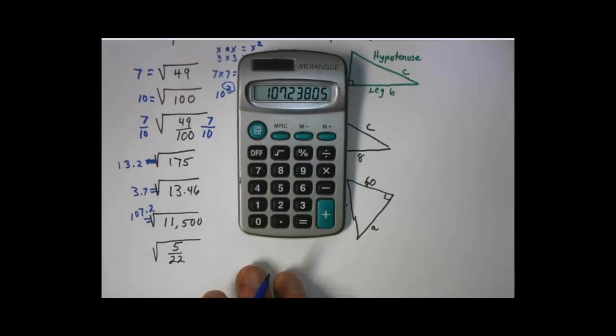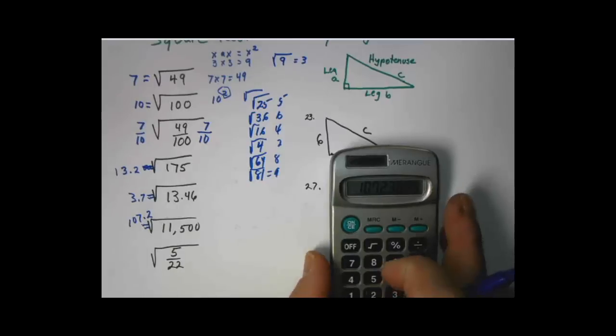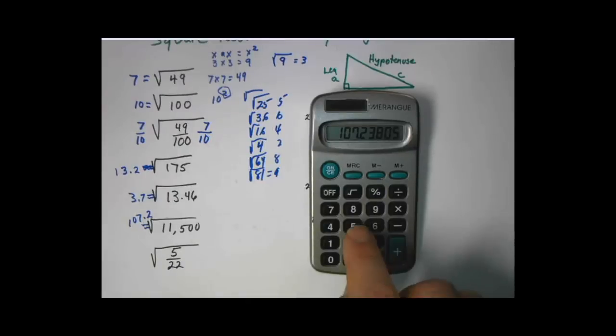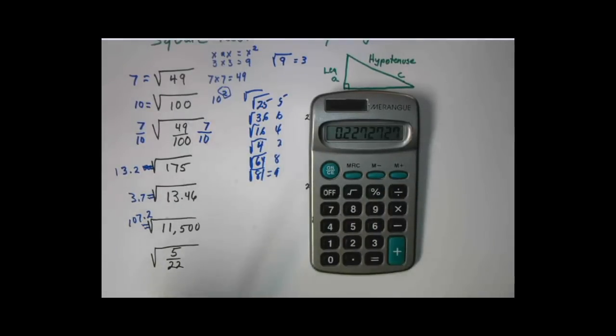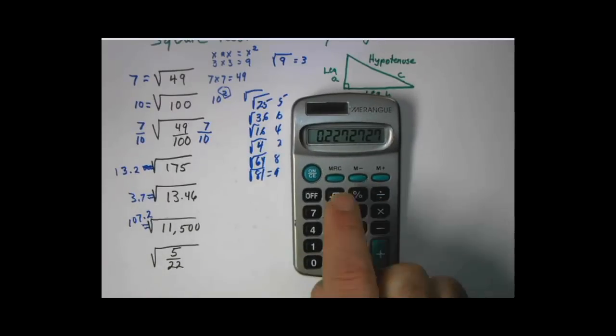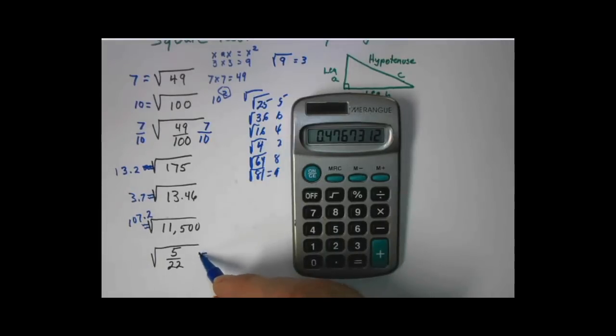What if we have these weird fractions? Well, we have to do an extra step. We need to decide what that is as a decimal first, because on some of the more elaborate calculators you can, but for our purposes here, we need to first convert this to a decimal. So we take 5 divided by 22, and we get 0.2272727, a repeater. Then we hit the square root sign. So we take care of the fraction first, then hit the square root sign, and we get approximately equal to